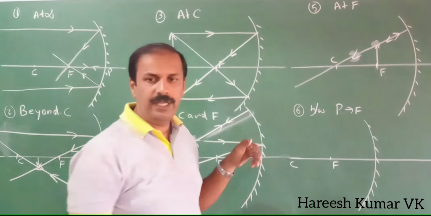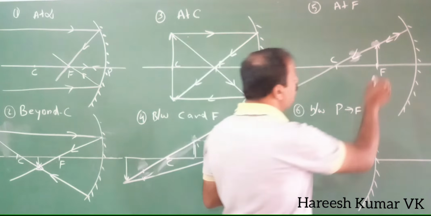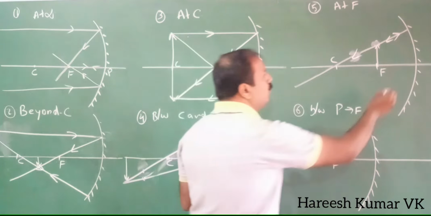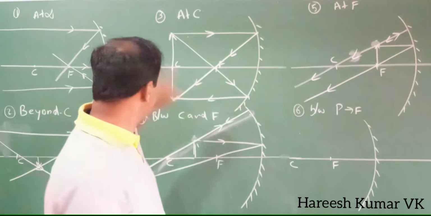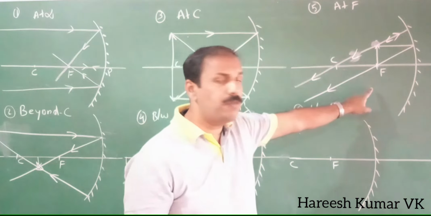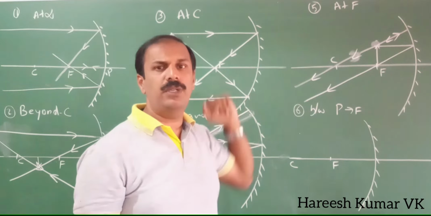Now another ray, if you take, is very important. This next ray also will come. You can take it in different ways. If you want, you can take it through this point and draw like this, or you can take the same ray parallel to the principal axis. It will pass through the focus. Now you can see these two lines are parallel. It will go and the image will be formed at infinity. So when the object is at F, the image is formed at infinity. I think this is also clear. So this is the opposite of this one. When the object is at infinity, the image was at focus, and when the object is at focus, the image is at infinity. Just opposite of that one it will come.